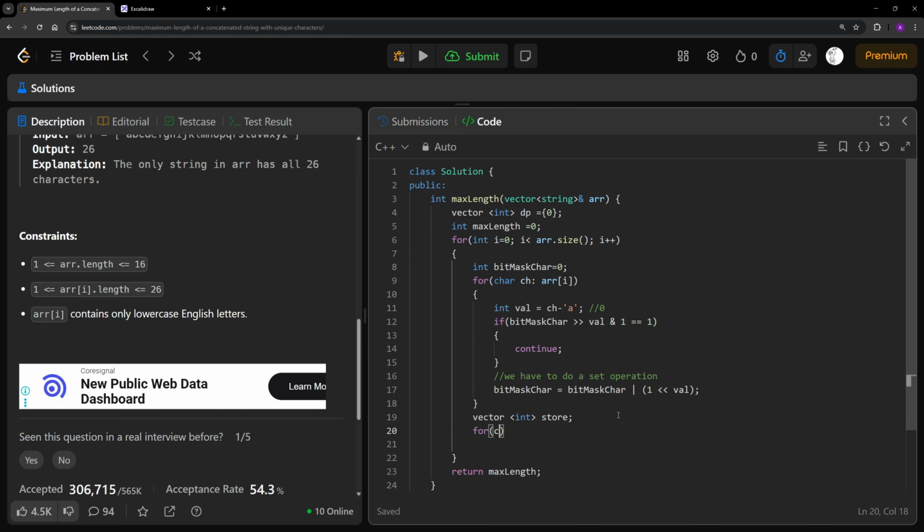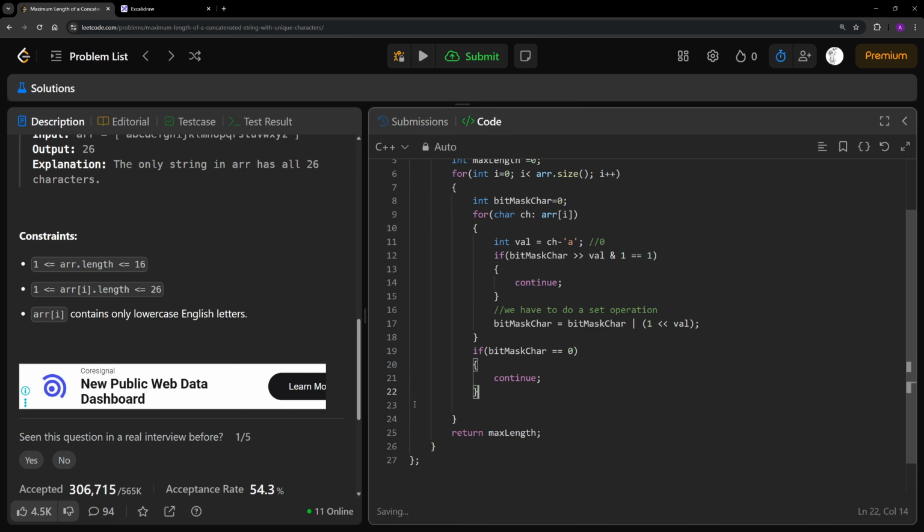Anyways, I hope this part was clear. So let's say that we have successfully created the bit mask, and let's say we continued from this point and we will exit out of here, right? So that means we break from this loop, but the outer loop does not know where we broke from. So yes, we need some kind of indication. If bit mask character is equal to zero, then continue from here as well. And otherwise what we do is that we create a store and we are going to iterate